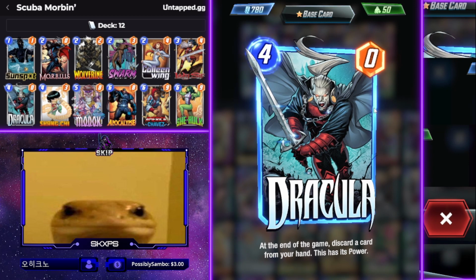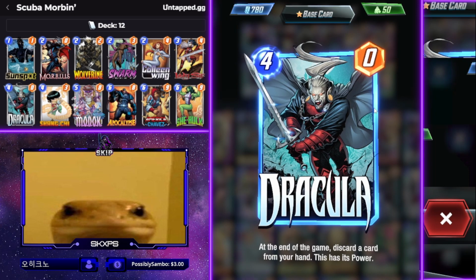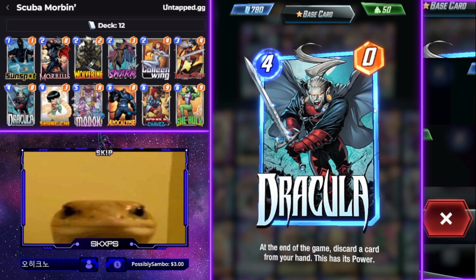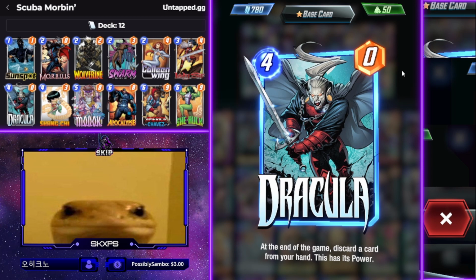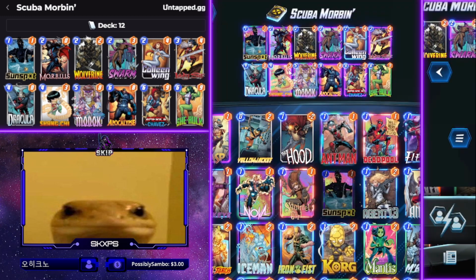So the only thing that could probably ruin him is if his lane gets Galactused away, just completely destroyed. But that normally won't happen when you play out Dracula, unless you play him onto a lane you think will get destroyed. Next up, we have